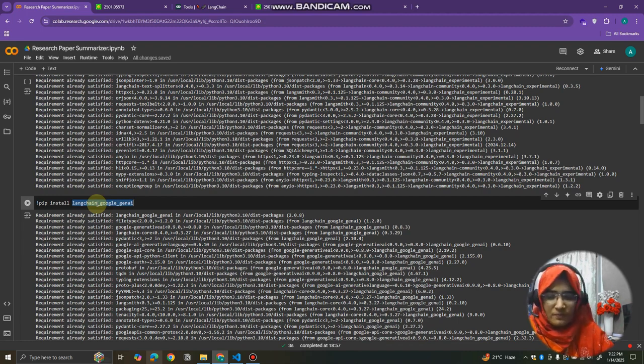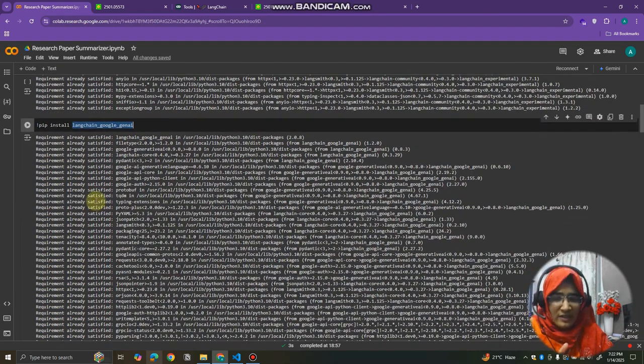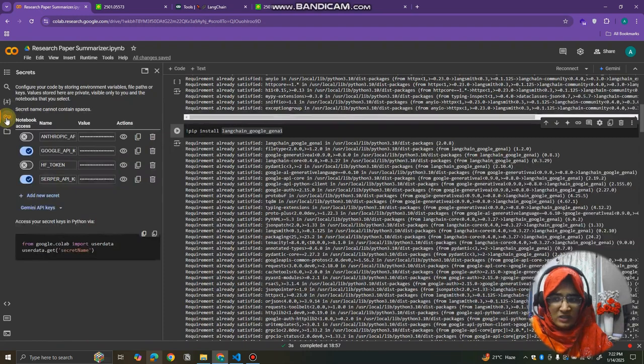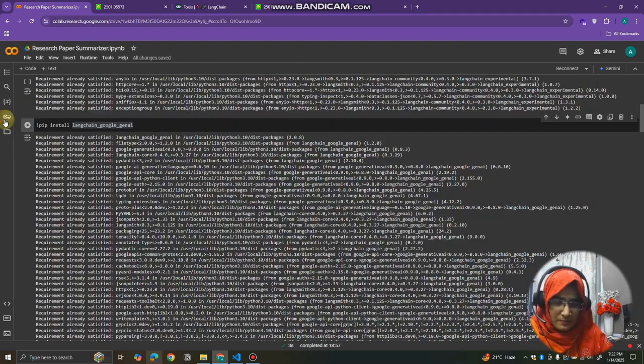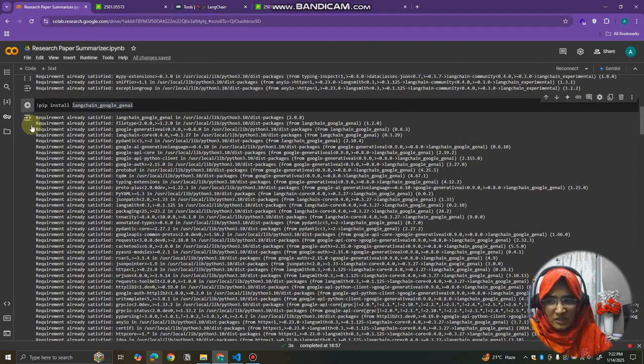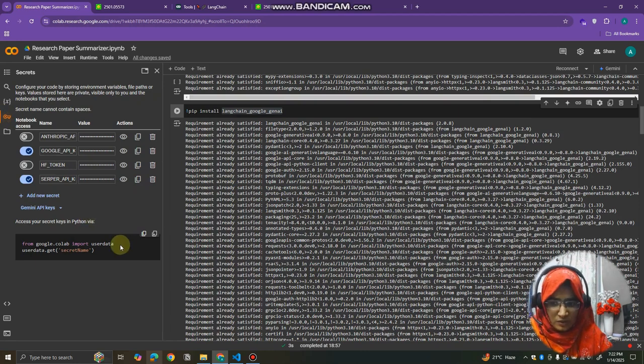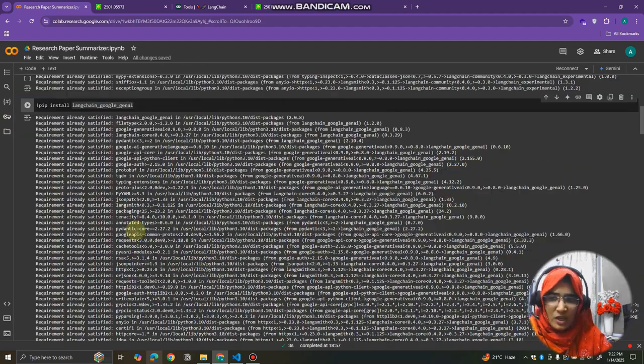It's free for all. When you collect that API key, you need to store it in this secrets box. Here you can store as many keys as you have, like Anthropic, anyone you can save here, and use it directly. It already provides us the code also, where you import this Google Colab userdata, and you can directly get the API key from this secrets box.